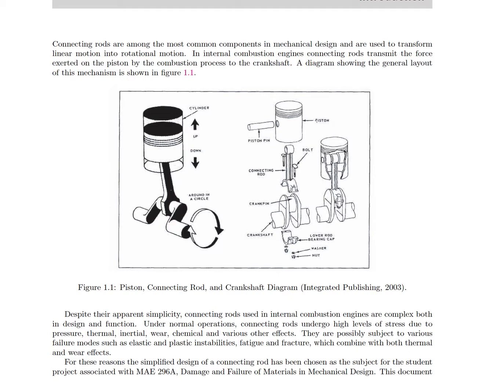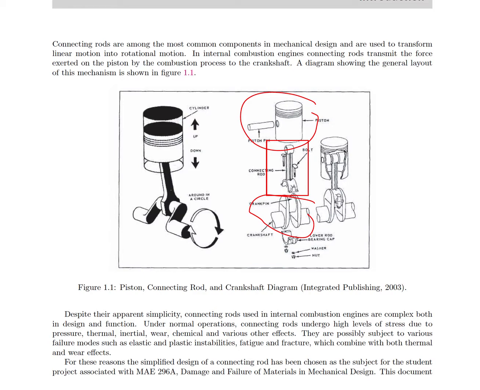And it is composed of different parts, different components, and it's connecting the piston. As you can see, the piston is right here, and it's connecting this to the crankshaft, and the crankshaft is right there. So the connecting rod that we will be designing is the part that connects the piston to the crankshaft right there. When you design a connecting rod in practice, it has a pin, and the pin is on the top part. It's connecting to the piston, and then it has